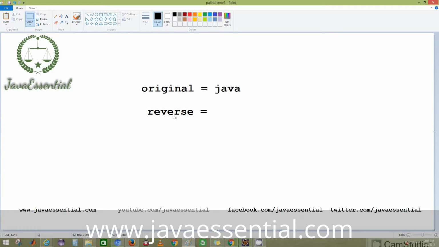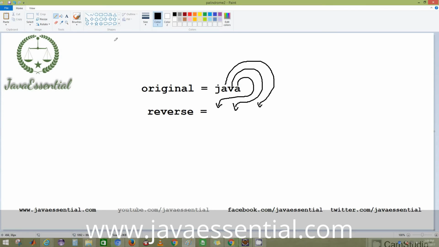So how we are going to do it here is we'll have one input string and we'll just reverse the string by using the index of the string. We'll take each character from the original string and put it into the reverse string. Initially the reverse string is empty. We'll take the last character from the original string and put it into the reverse string. Then we'll take the second last character and put it into the reverse string. Just like this, we'll repeat the same process until we are finished with the original string.